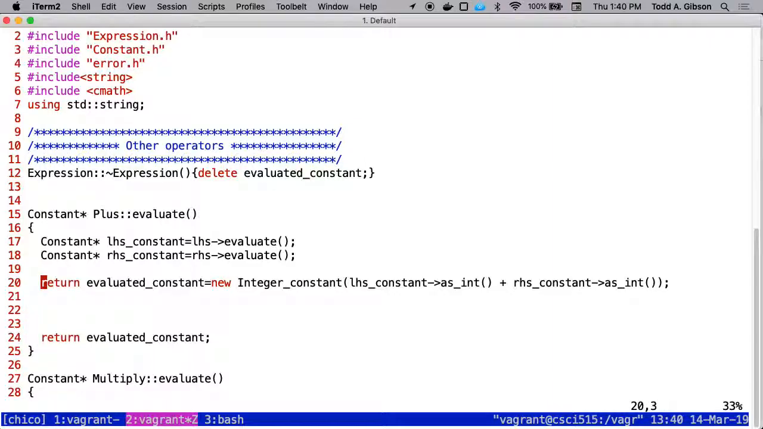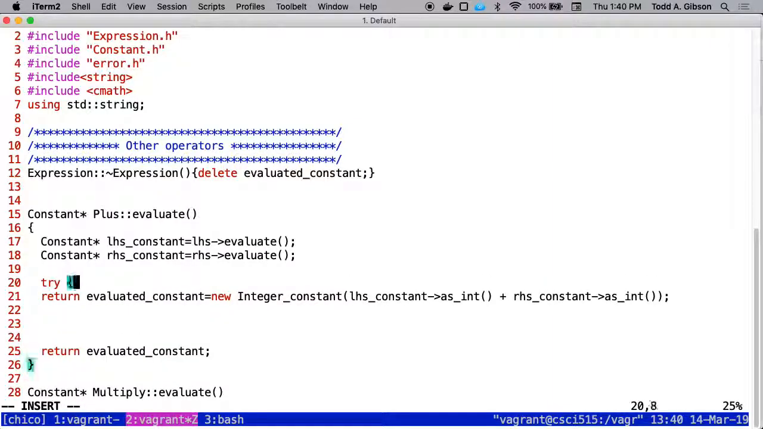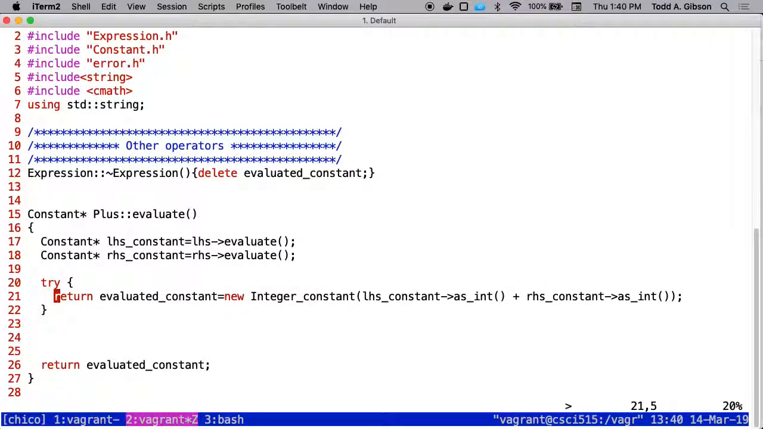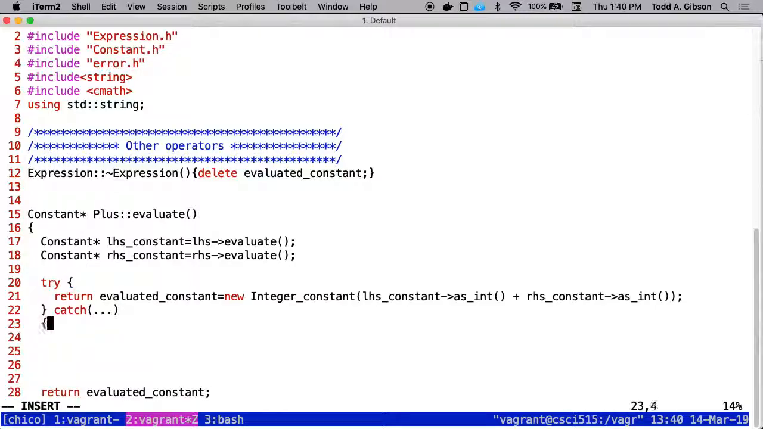All right. So if everything works, line 20 is great. I do the dynamic allocation, I assign it to that variable, and then I do a return of that new pointer, or that new constant pointer. It could go wrong, so let's put that in a try block. I want to get every single one. In my try block, I want to